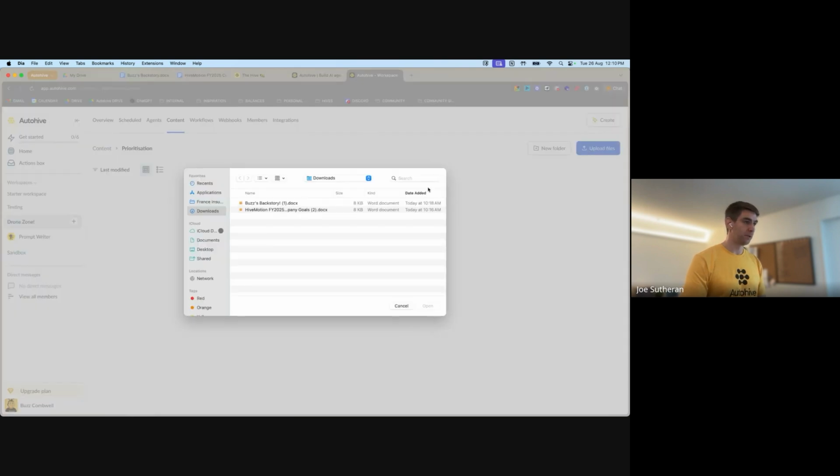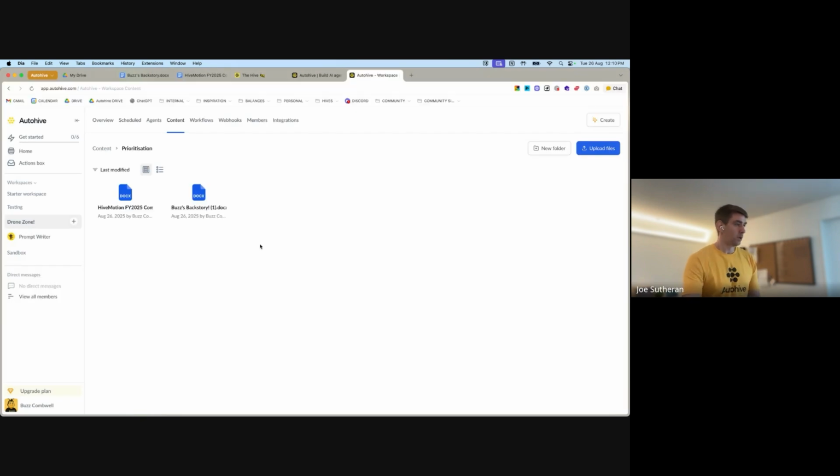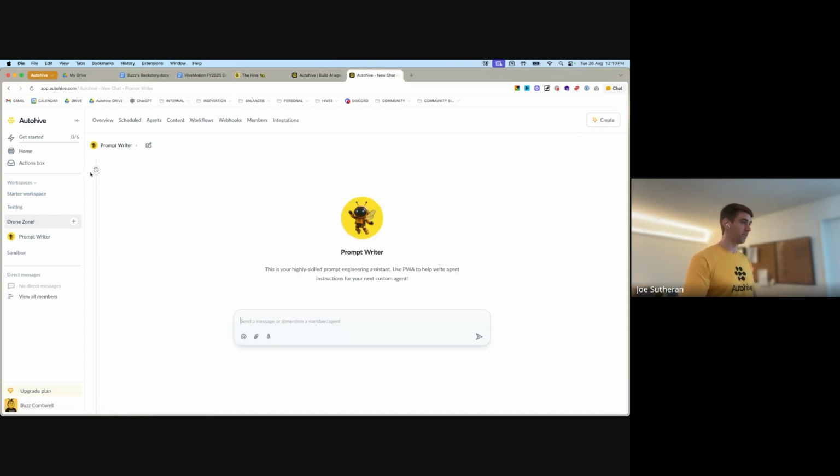And I think I've got these in my downloads. Yeah, cool. So now those documents are in the content area associated to this workspace. So as long as we build this new agent inside the same workspace, we can then give it access to the